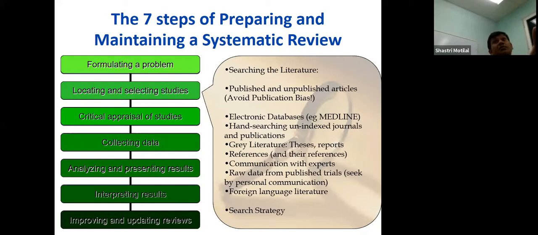That's what it means. If people are only accepting studies where the treatment worked or was better than a placebo, it means that for probably 5 studies where the treatment was better than placebo, you have to wonder, you probably have 20 studies where the treatment was not better than a placebo, but they were not published. So what a systematic review says is, no, we have to find those studies.